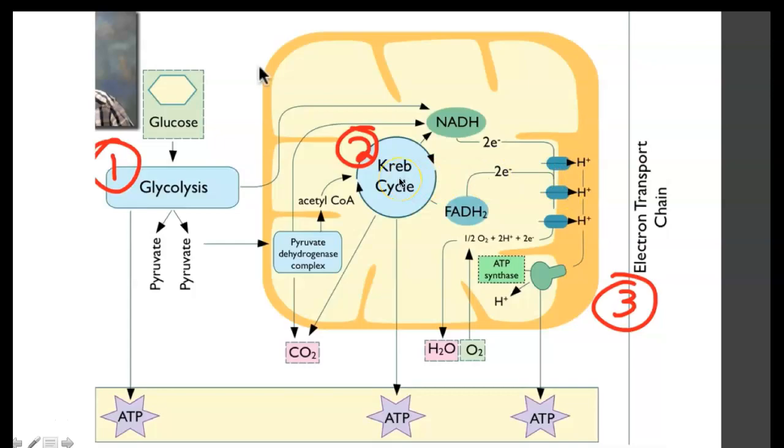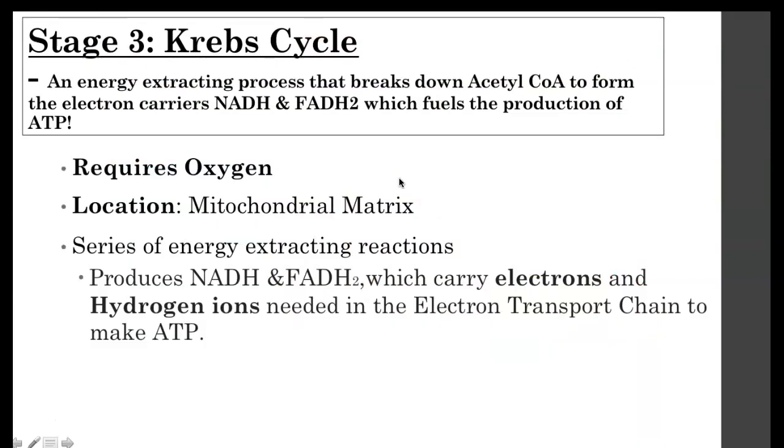So here we go. The third stage in cell respiration is the Krebs cycle. Just essentially an overview of what the Krebs cycle is: it's an energy extracting process that breaks down acetyl-CoA to form the electron carriers NADH and FADH2, which fuels the production of ATP. So essentially the whole purpose of the Krebs cycle is to convert acetyl-CoA into NADH and FADH2, which are electron carriers. Those electrons and hydrogens are going to be used in the electron transport chain